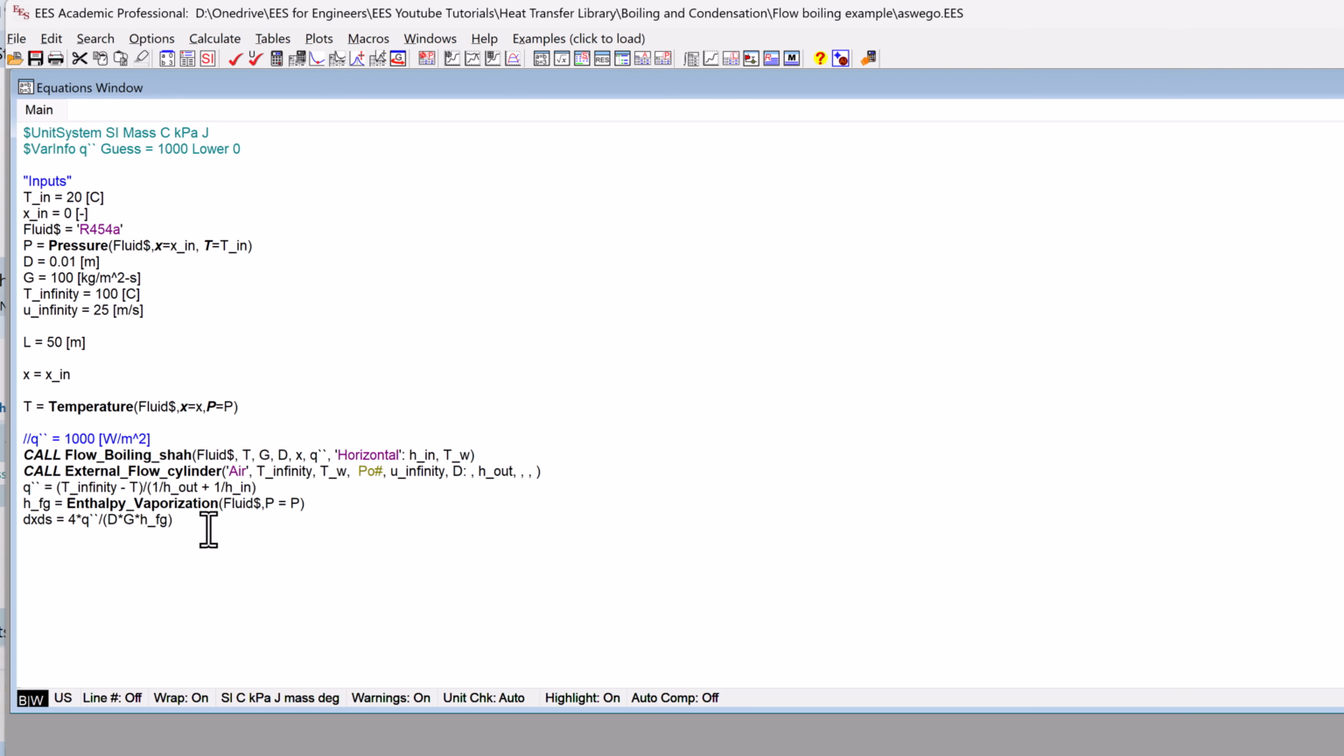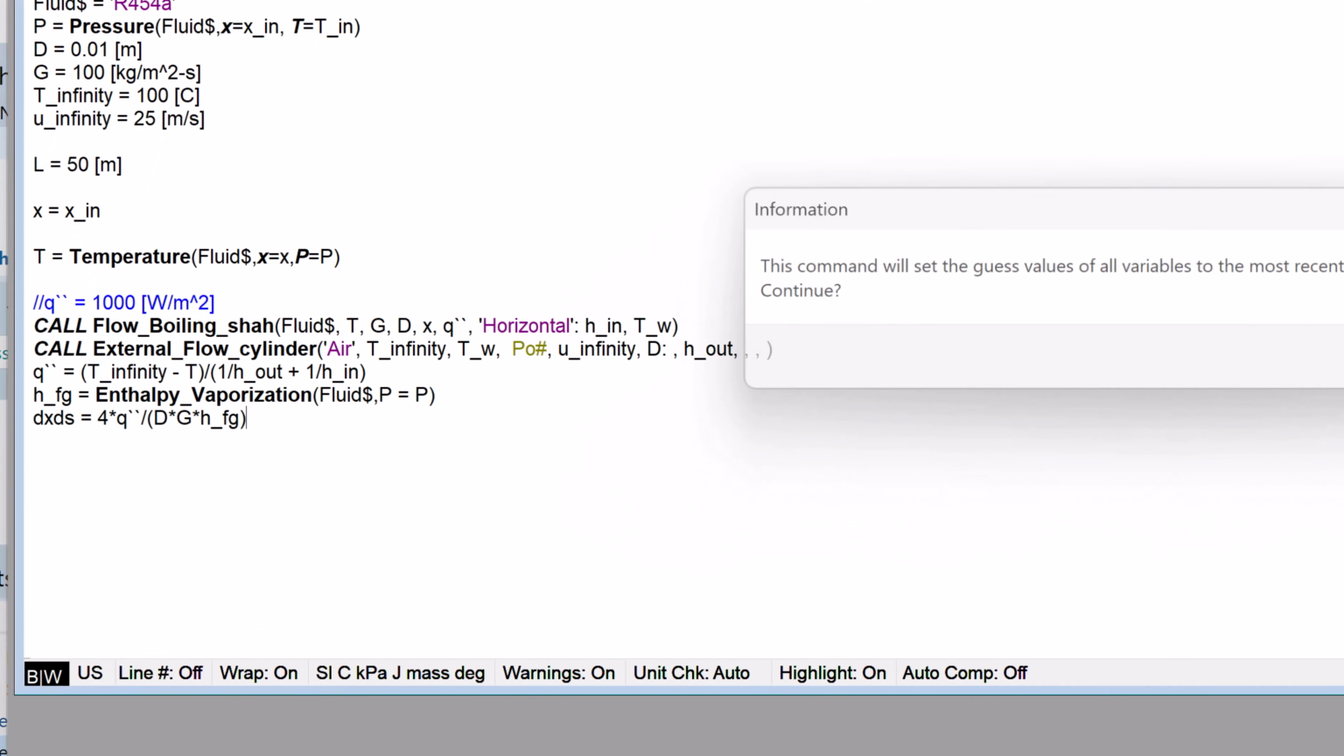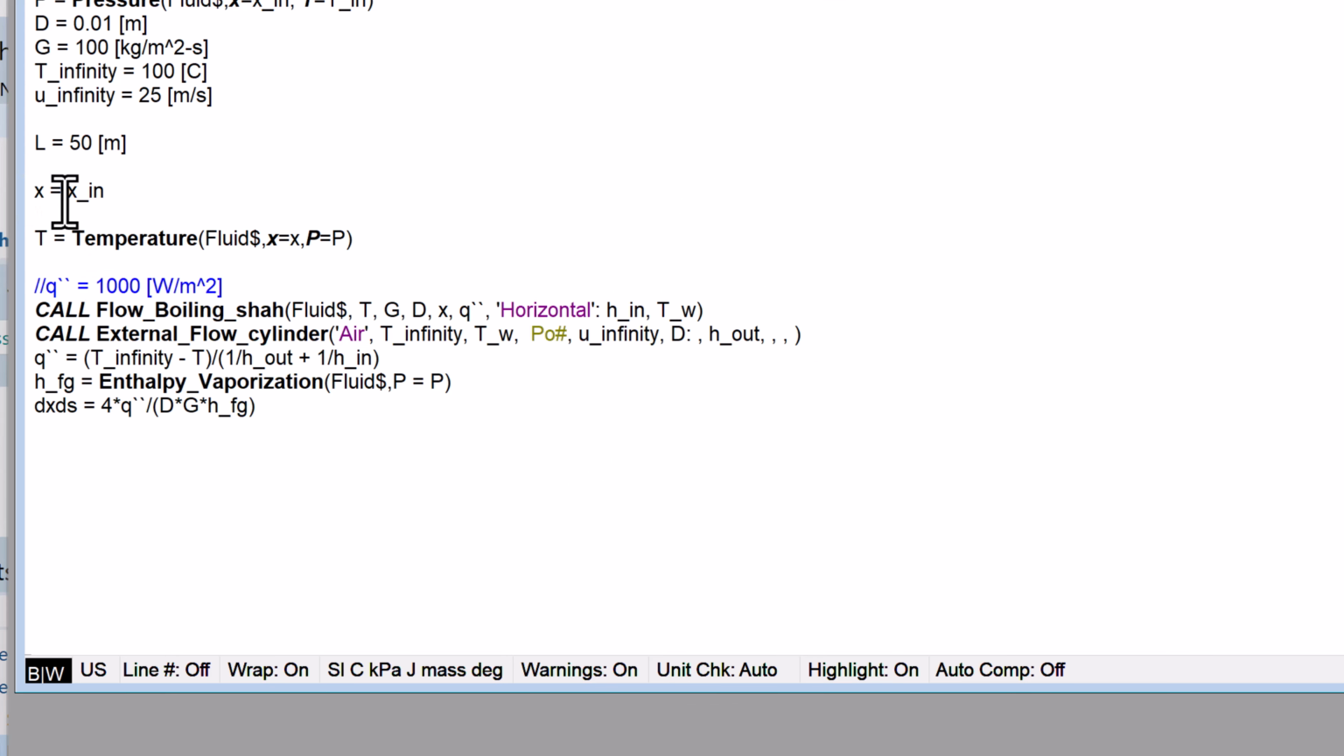Okay, so let's go back here and actually do the integration. So I'll update my guess values. I'll get rid of the integration variable here, and instead I will use the integral command. So x is equal to xn plus the integral of what? I guess it's dx ds with respect to s from 0 to here. We'll go to the end of the tube, although I suspect we'll have troubles after we vaporize everything,